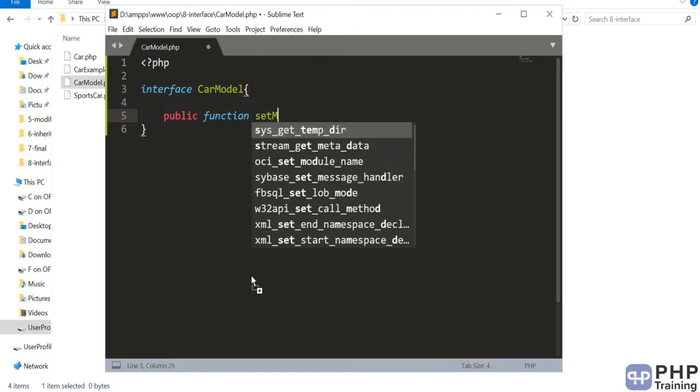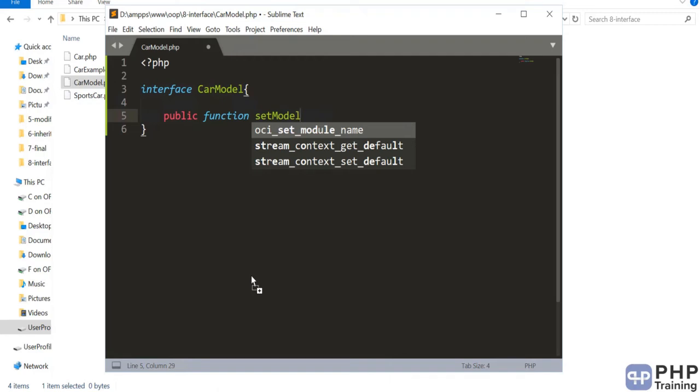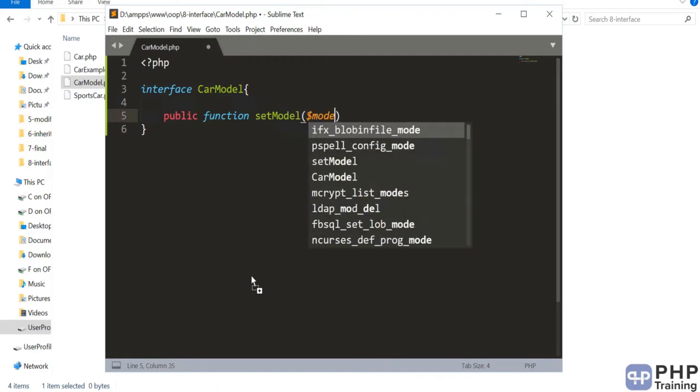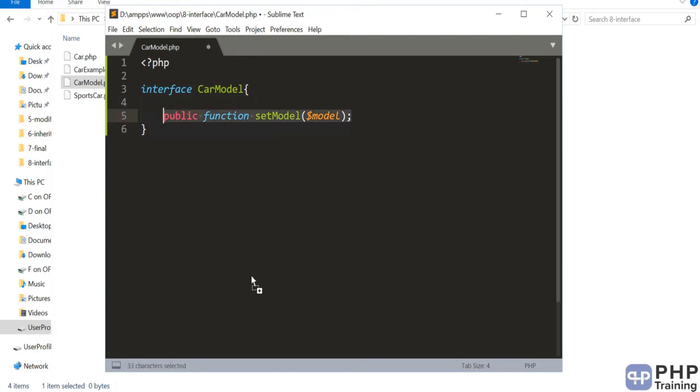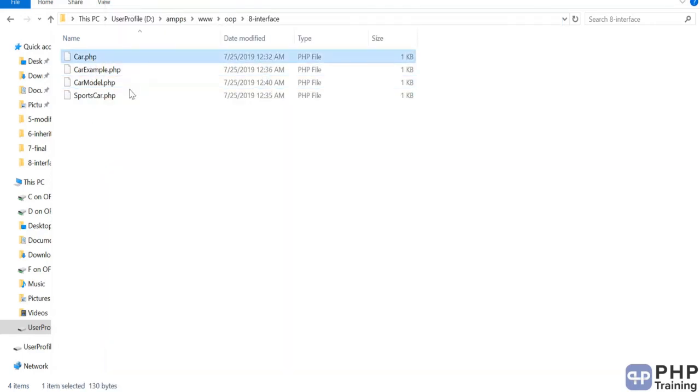We'll say set model, and then you have to have a get model. Okay, in the interface you don't implement it, you just declare it or define it. Okay, let's get our car class.